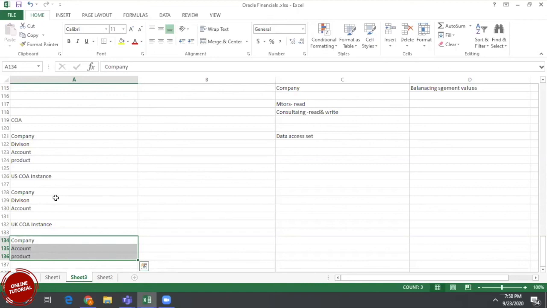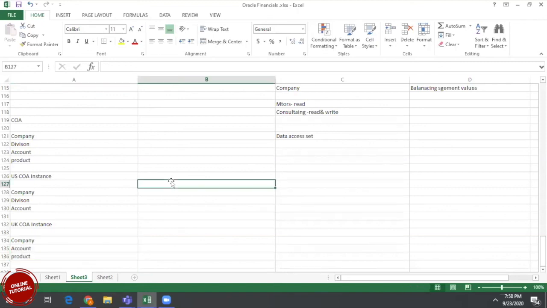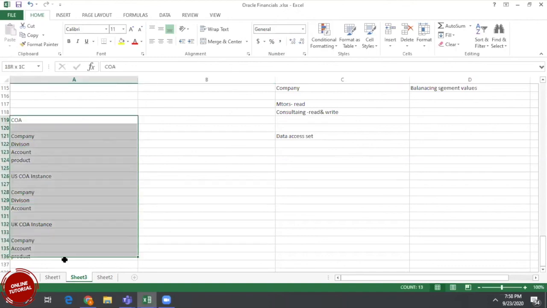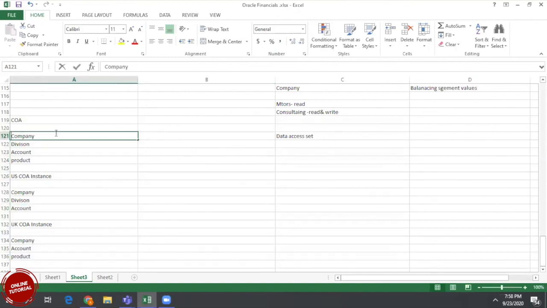I think it is not possible, because this is actually the intended behavior of the application. Is this requirement really required? If Oracle has given this kind of functionality, we can understand that the instance concept has a lot of significance. So this requirement is not possible. What is possible is, for example, for company, we have the ABC value set.